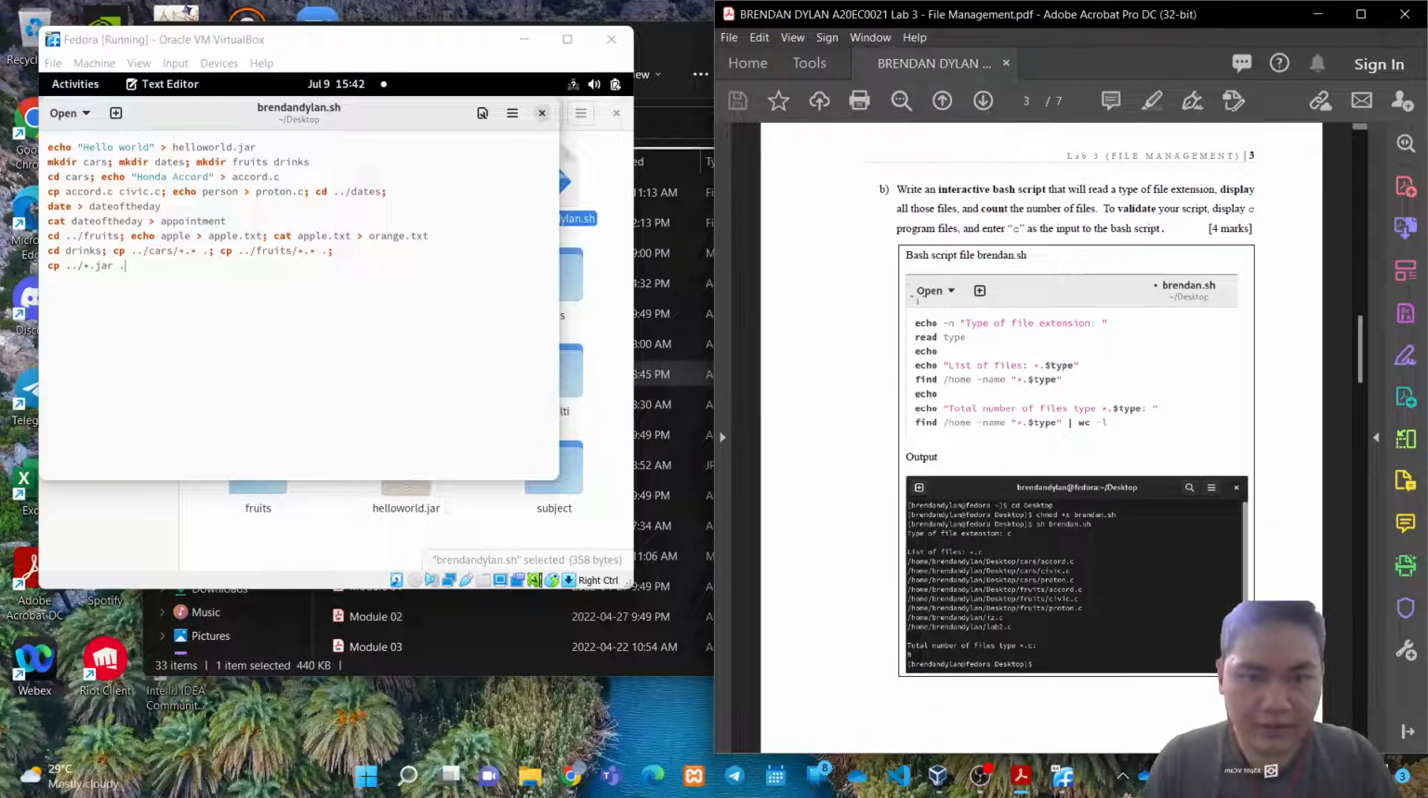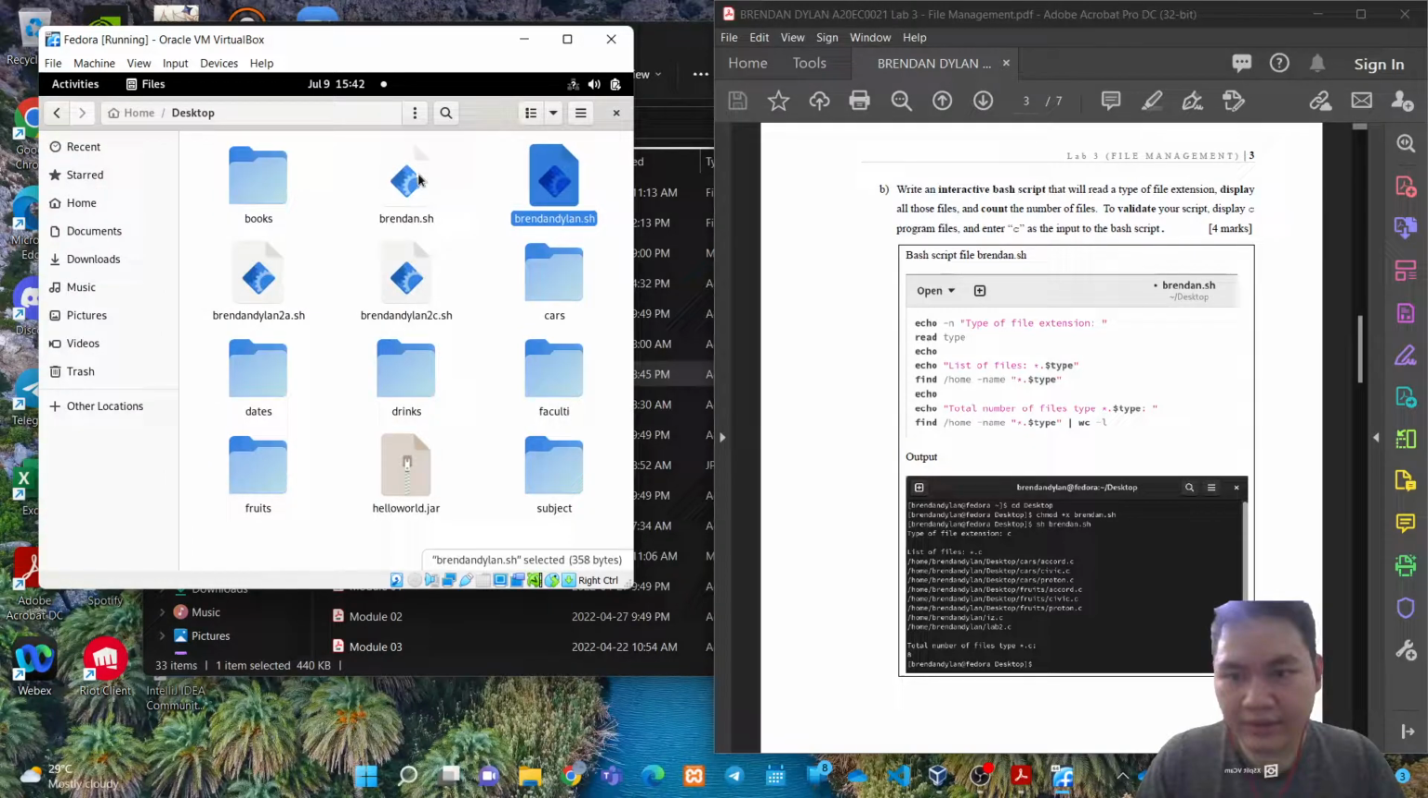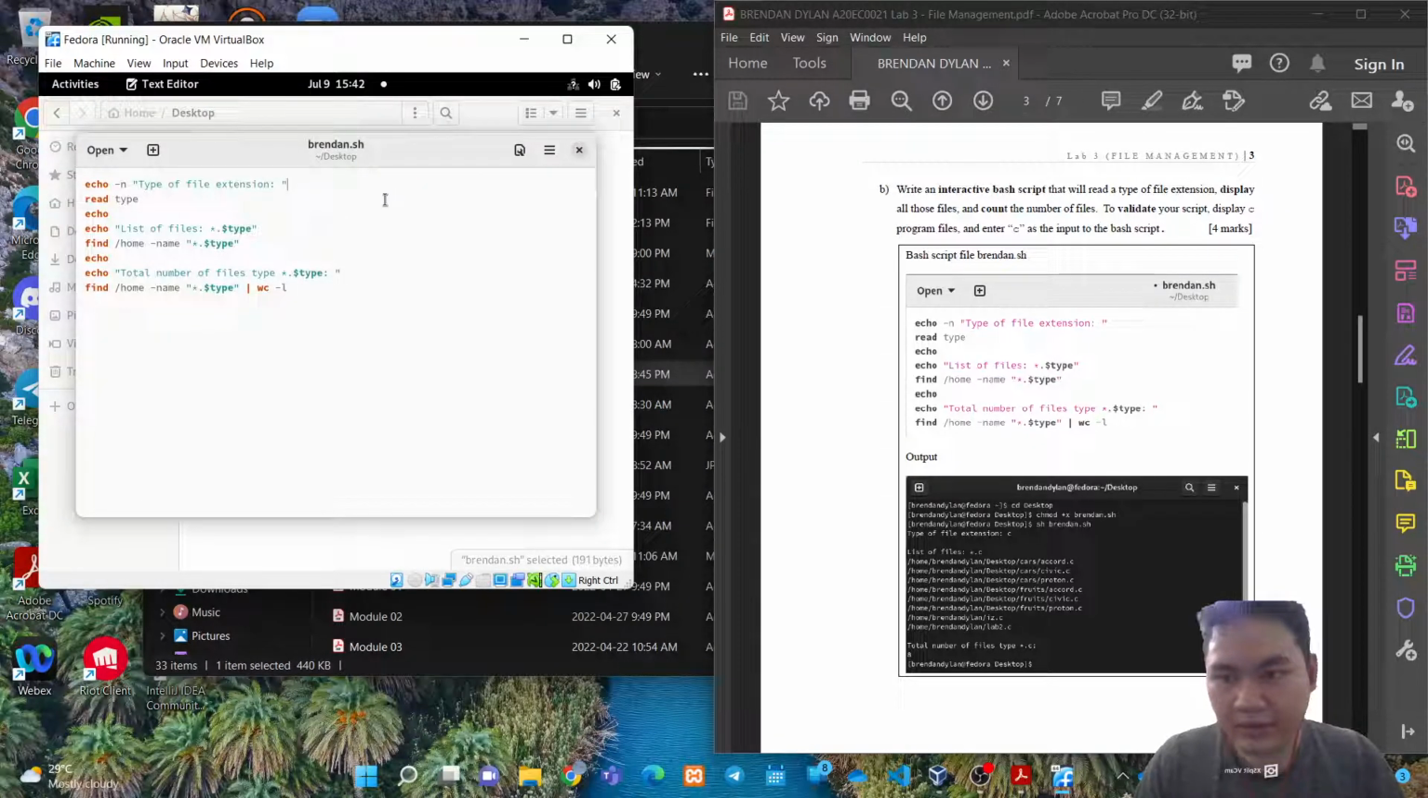Alright, so now I'm going to need to create the interactive bash script that will read the type of file extension and display all the file and count the number of files. So here I enter C as the input of the bash script. I also have created this Brendan.sh where it's going to echo the type of file extension, and then it's going to read the type, and then we're going to list it out by executing and listing out every single type of the files, and